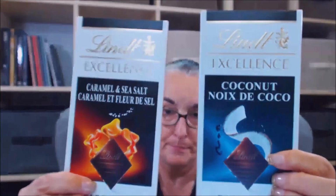And then we get to the food. Always have to have food. Chocolate, of course. Knitter's chocolate and tea is usually what happens. So she sent me coconut dark chocolate from Lindt and the caramel and sea salt dark chocolate from Lindt. I love coconut. And the caramel and sea salt. I'm going to try it. Hopefully. I'm not a major dark chocolate fan, but when it has flavors I like, I just have a piece now and then. And then, of course,